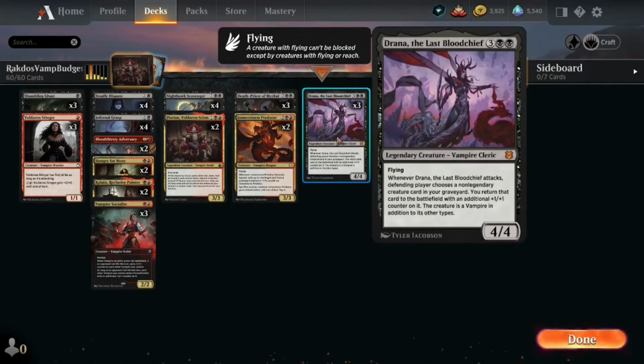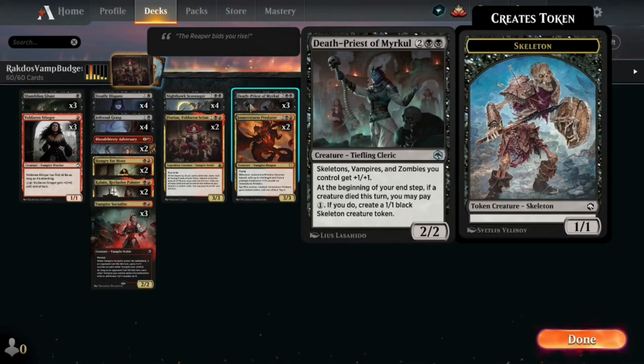Never really got a chance to use Drana's ability. That's a shame. It's a pretty decent card, a little expensive as well, but the ability really makes it worth it. Having graveyard play is always decent. Death-Priest of Myrkul, it's good because it's gonna create tokens and it's gonna pump your creatures, but still, 2 and 2 black is a little bit too much in my opinion for this card. If it was 3 and 1 black, it would be much more manageable, and I say this even though it doesn't really make that much of a difference, or you think it might not make that much of a difference,